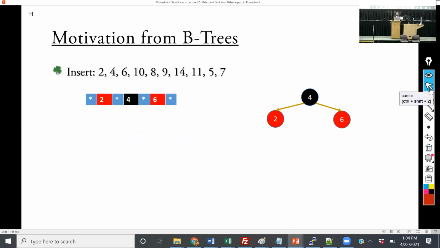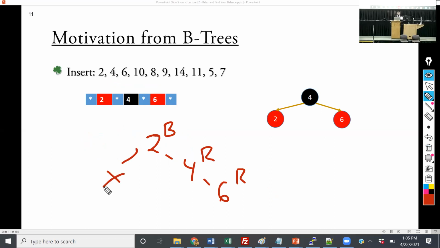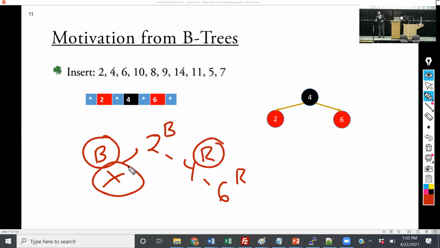So watch what happens. We put in 6, and we see that it goes this way. So what we're going to say when we eventually get to the tree is we have 2 and 4 and 6. Initially, this will be red, and this will be black. And we're going to define a rule that tells us, well, what's going on over here? How can we figure this out? If I have a red parent and a black uncle, and black nodes, null pointers are going to be considered black,